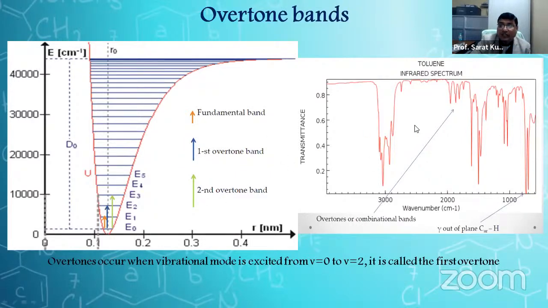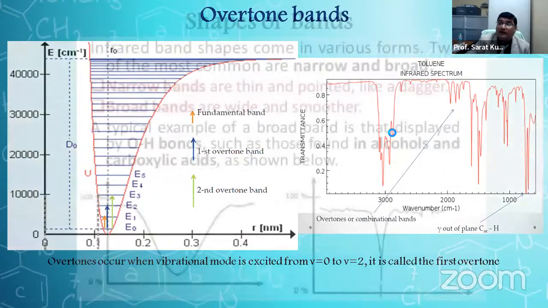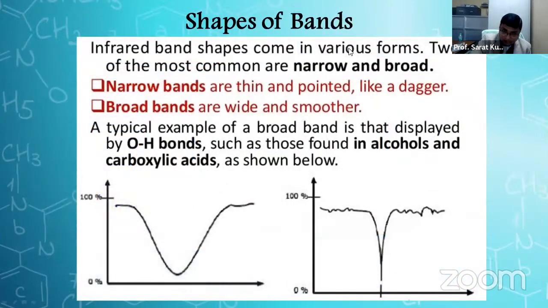The theory I have already shown in the video part. Okay, see the sharpness of the band when it is narrow, when it is broad. You can see different kinds. Sometimes you can see a peak like this, sometimes you can see a sharp peak like this. The narrow bands are thin and pointed, like a dagger, and broad bands are wide and